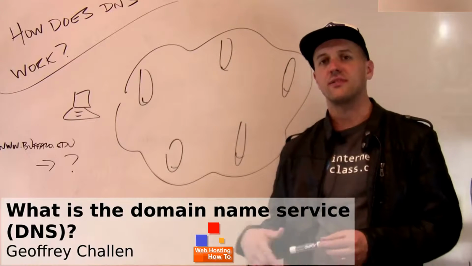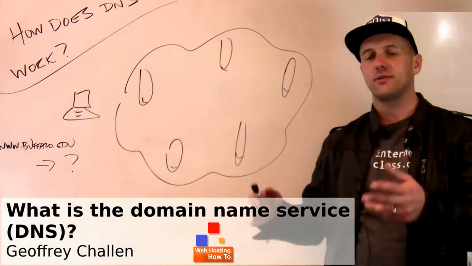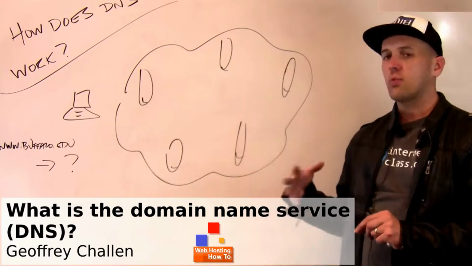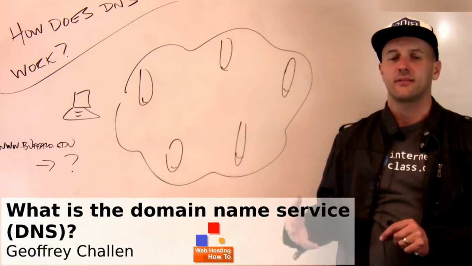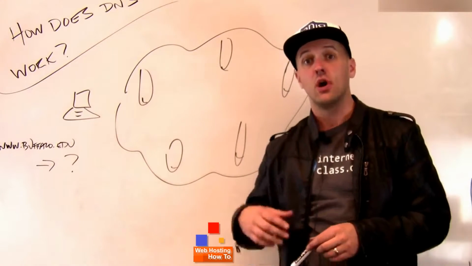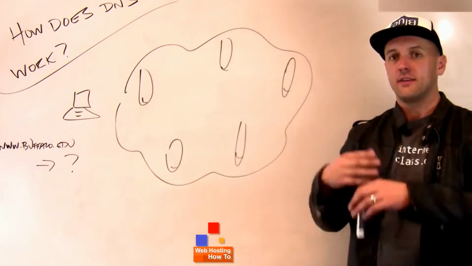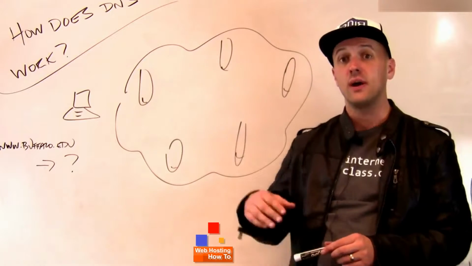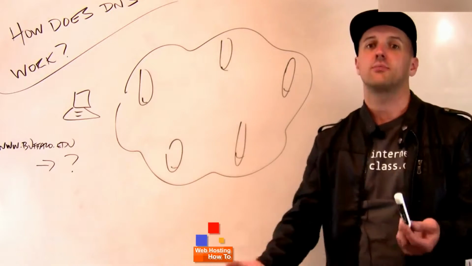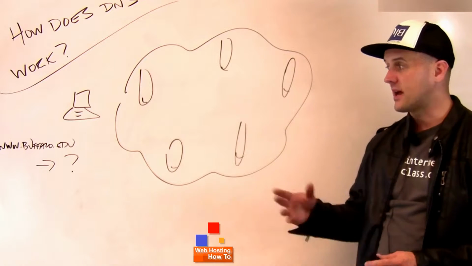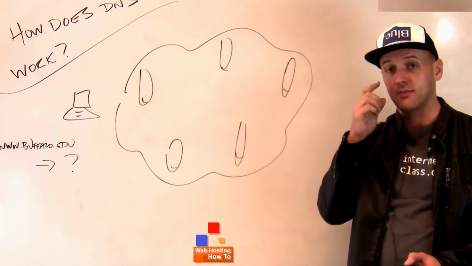The ability to use these human names, URLs, domain names online is facilitated by a worldwide system that's known as DNS, or the Domain Name System. The Domain Name System is responsible for translating these human readable names like www.buffalo.edu into machine readable names, IP addresses, either IPv4 or IPv6. And so that's the responsibility of the Domain Name Service.